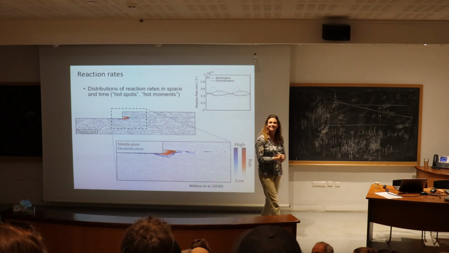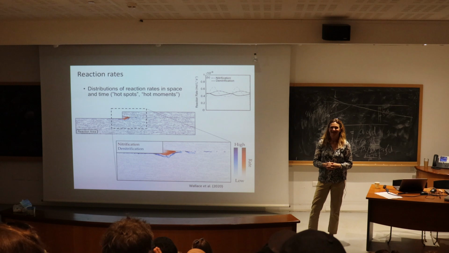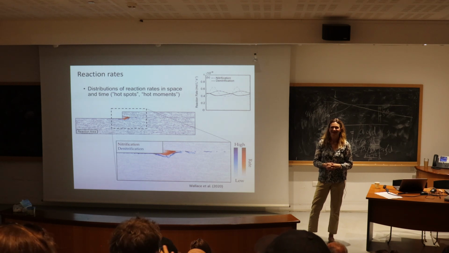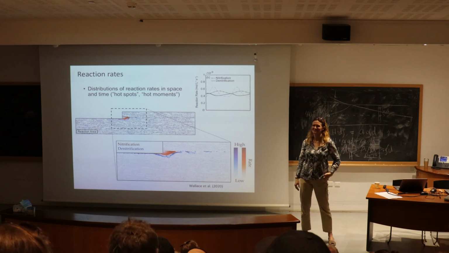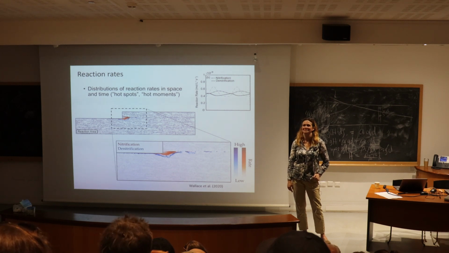I just have one quick question, coming back to the streams. Here in France in the 70s, they remodeled lots of streams so that they went really straight to help farmers, to make it easier for them to farm the land. And it was an ecological disaster because of the lack of diversity in the habitats. That happens a lot. From your talk, I now understand that it probably also impacted the exchanges between the boundaries and the rivers. And I was wondering whether the relation between the shape, not of the bed, but of the river itself, and the exchanges has been studied systematically.